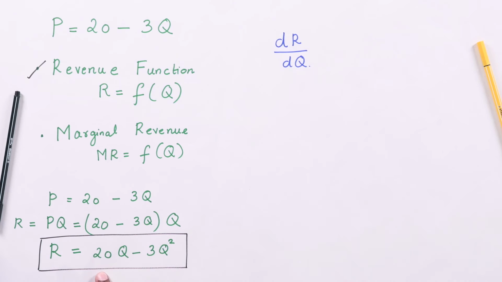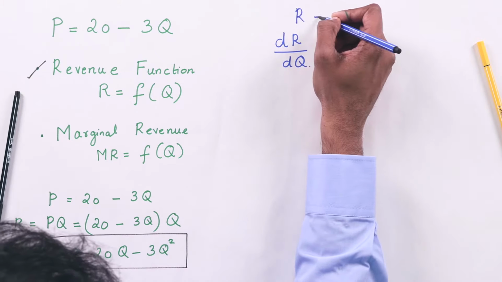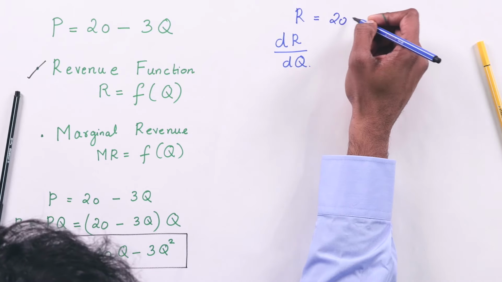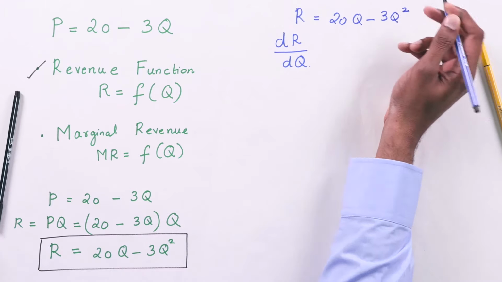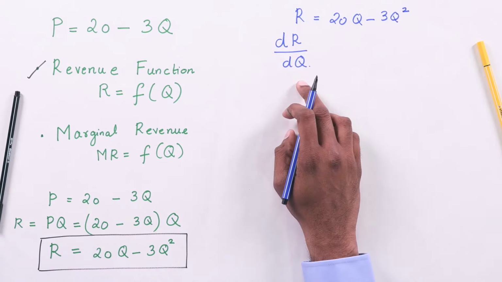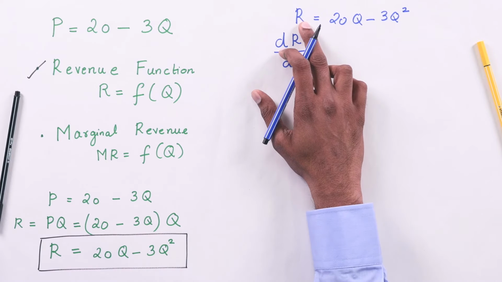So, our revenue function is of the form 20Q minus 3Q square. So, R is equal to 20Q minus 3Q square, and therefore, dR over dQ, we are asked to differentiate our revenue function with respect to